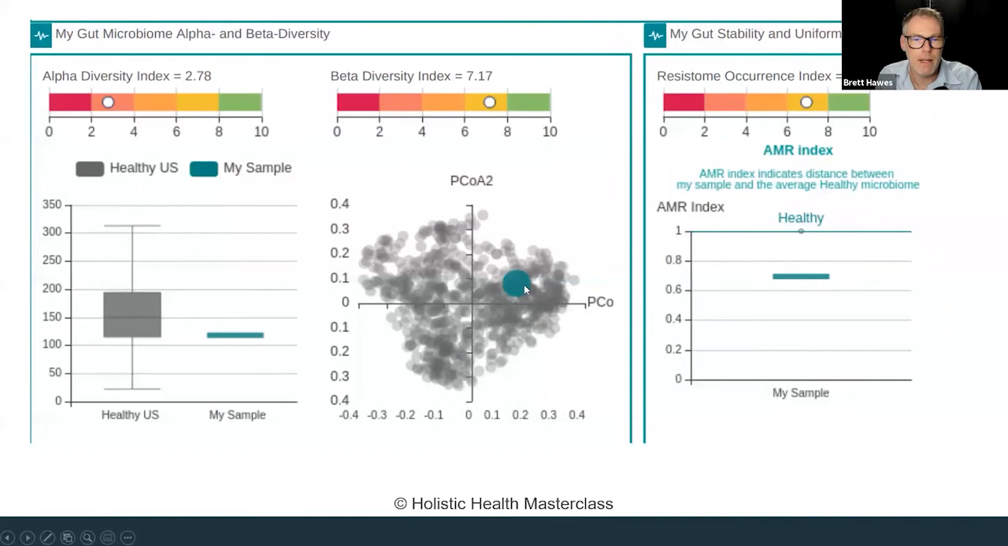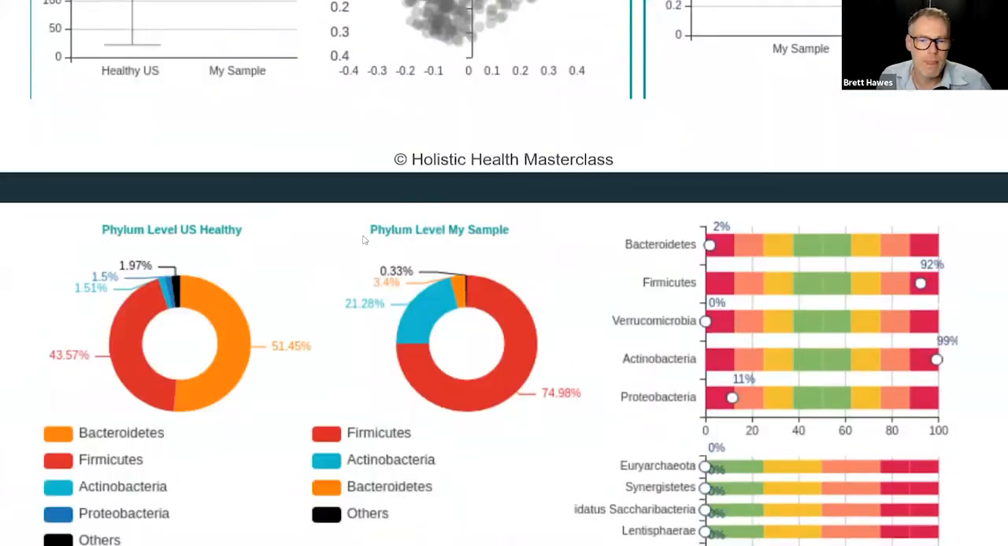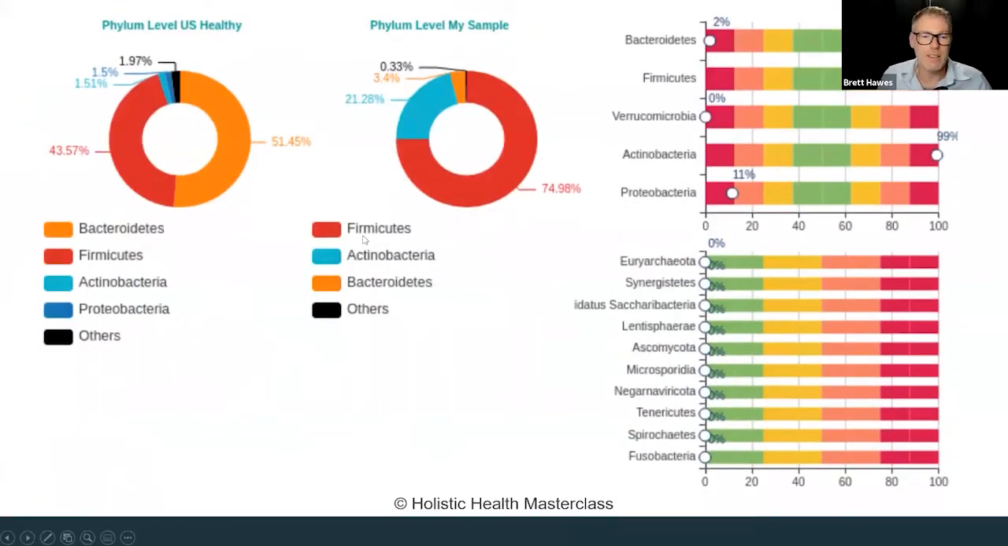You'll probably find that if you plot this on the graph, it's somewhere down here, okay? And then your overall resistome index. Now, this test gets very, very granular. I try not to spend a huge amount of time going through all of these points here, but what's really